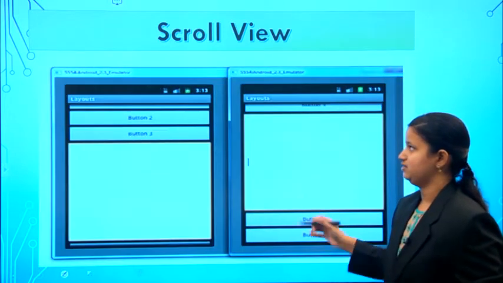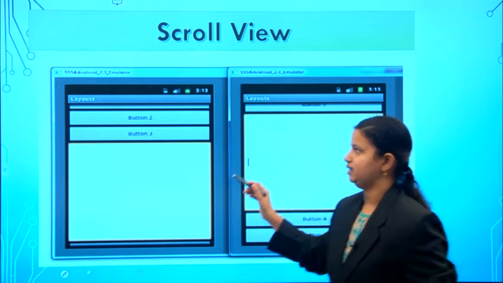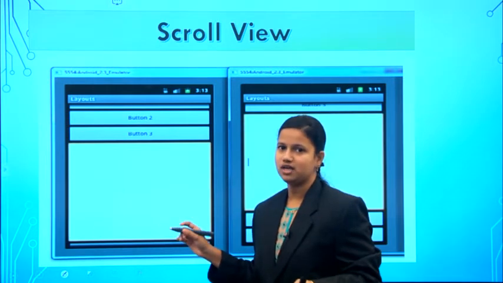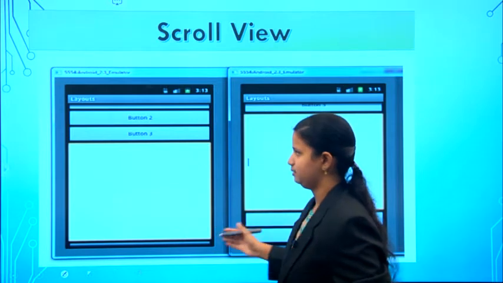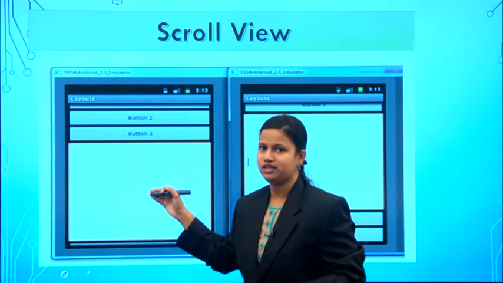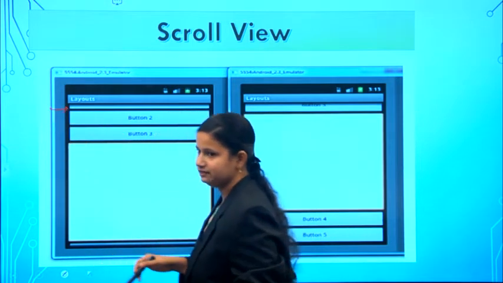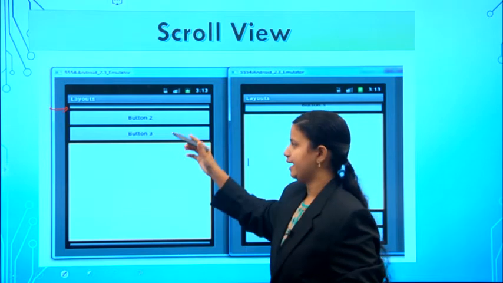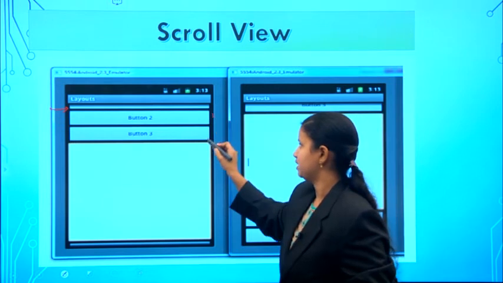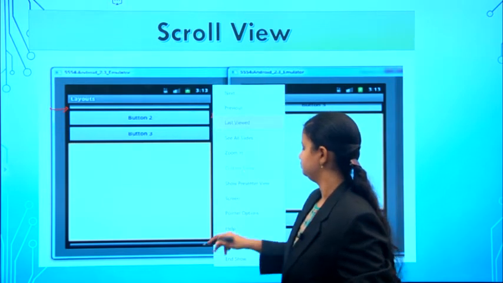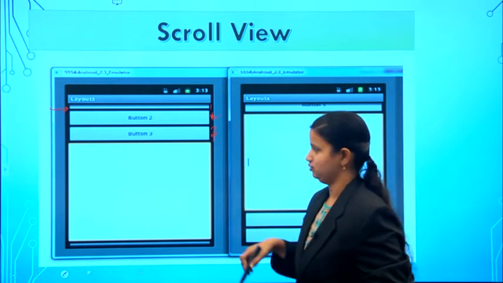So let us go with the example. I am using a linear layout, which arranges as either a single column or a single row. I am using the orientation as vertical. That means whatever components are added to your design will start from the top left and arrange all your views in vertical order. If you arrange one button, this is the first button, this is the second button, and the third button is to be arranged.